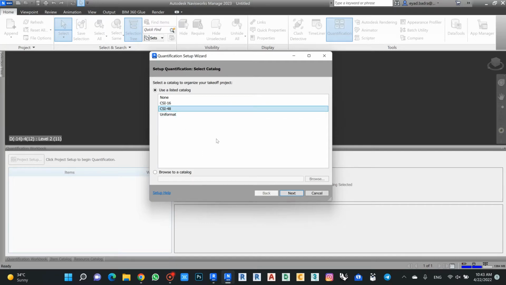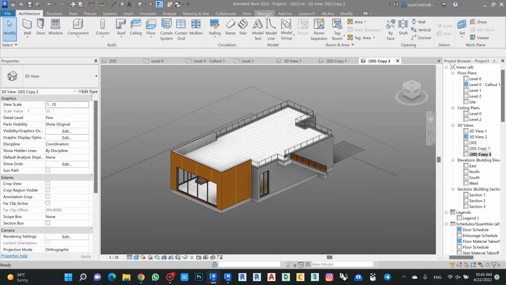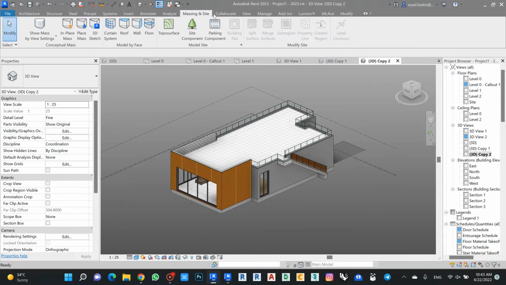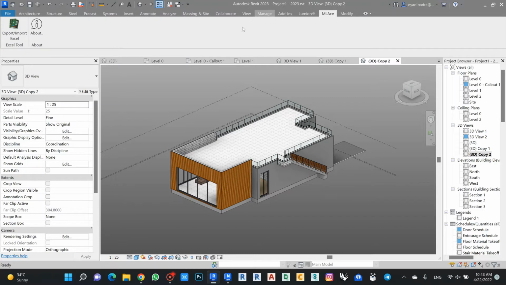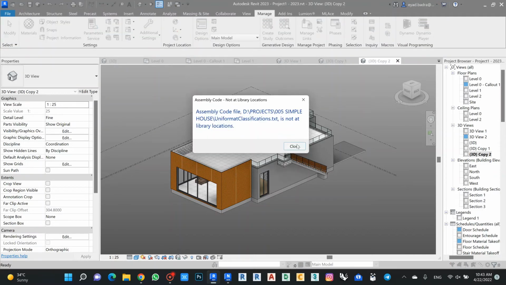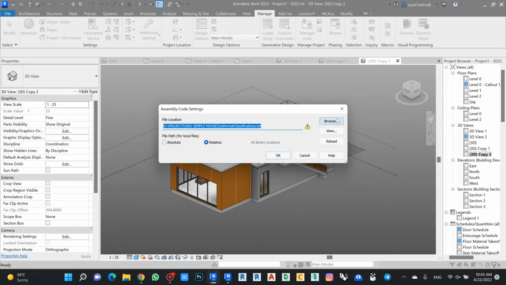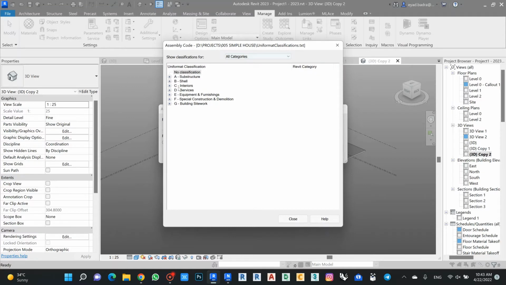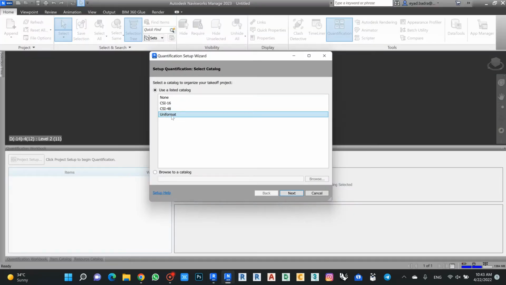Because in Revit, if you go back here and speak about the assembly, from the Manage tab, for my assembly code, I have some types of